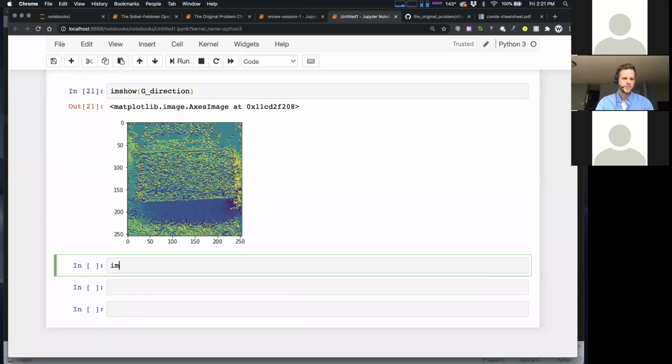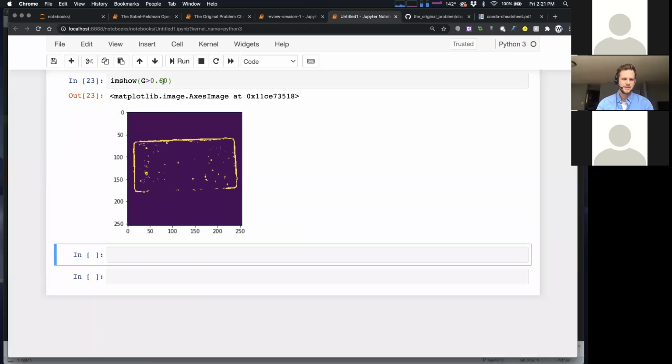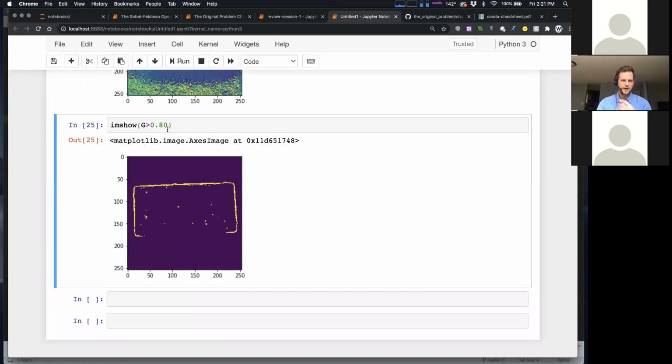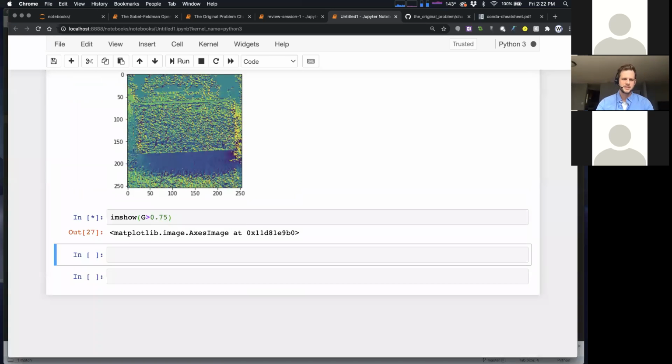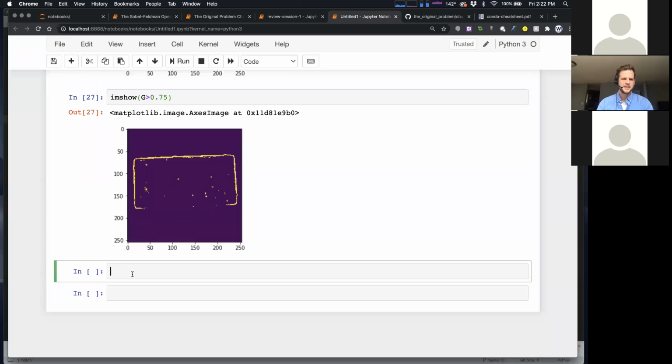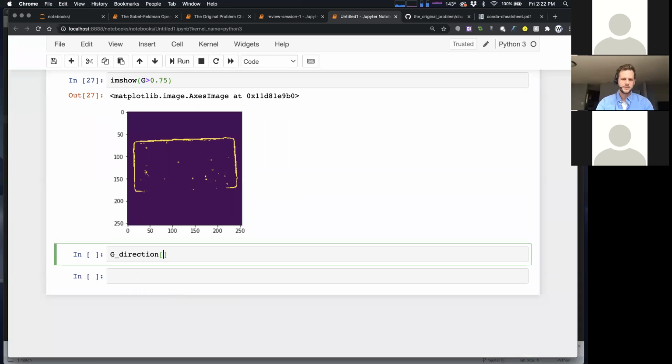First, let's threshold our edge image, kind of like we did in class. Maybe I'm going to tune this up a little bit, maybe a little bit higher. So I'm playing with this threshold. That's kind of better. Maybe we can go even higher. Okay. So there are some of the edges of our brick. The bottom edge is not great, but what I want to do is pull out the direction of the edges. So let me do this. Okay, cool. That's maybe a little bit better. And now I'm going to take G direction, and I think I can sample it like this. Let me write this line for you real quick.